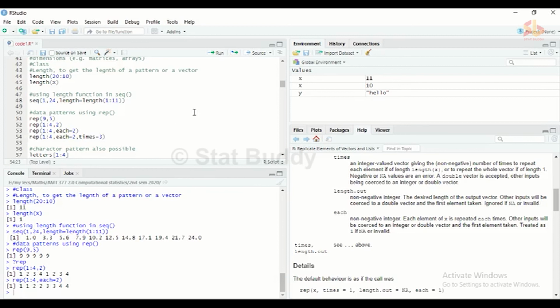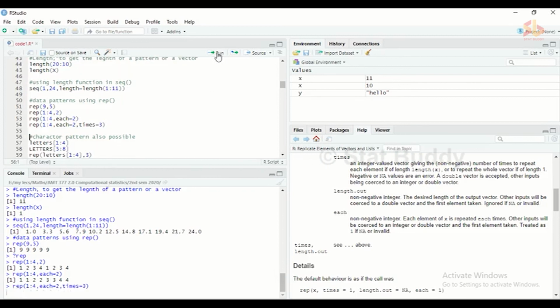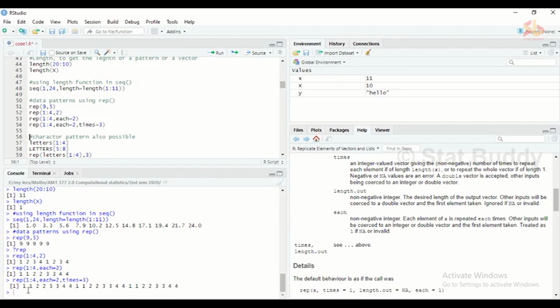So I can code like this and run it. You can see from the original 1 2 3 4, the first pattern is created like 1 1 2 2 3 3 and 4 4. Then that pattern is repeated 3 times. That is how it works.